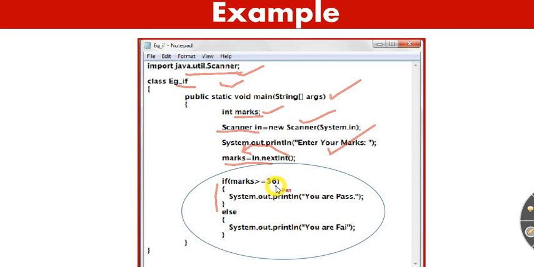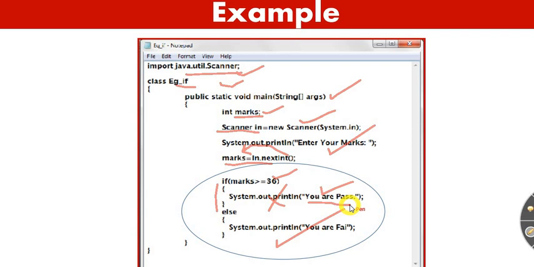If the user provides 35, this condition is false and the else part is going to be executed. That means you are fail. But if this condition is true, say the user provides 50, that means this if part is going to be executed. That means you are passed. So this is the way if else is executed.